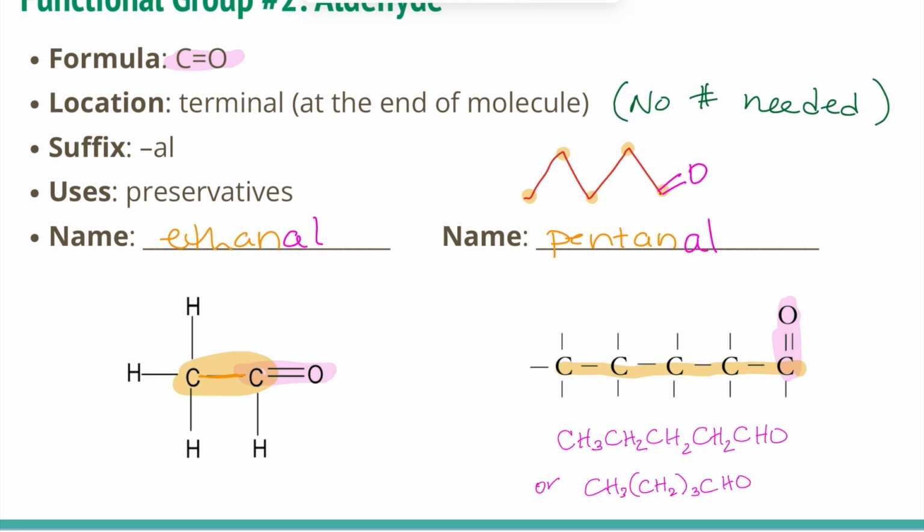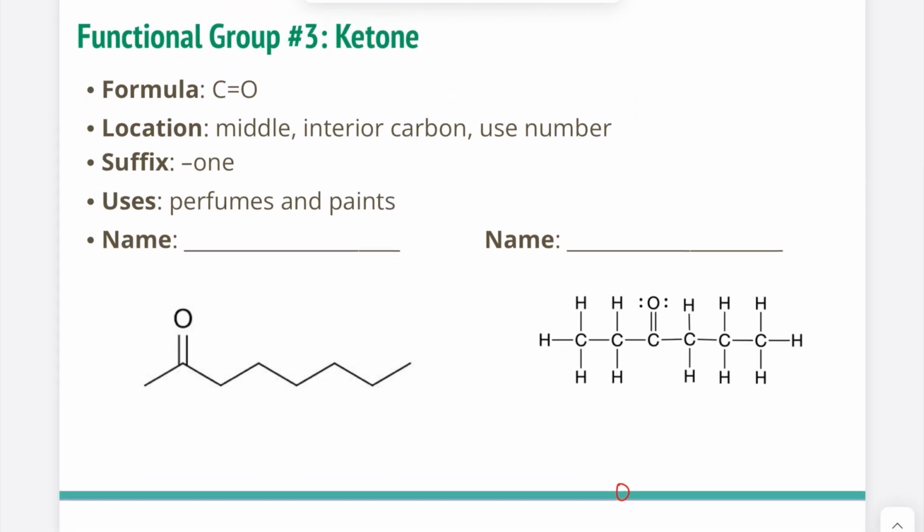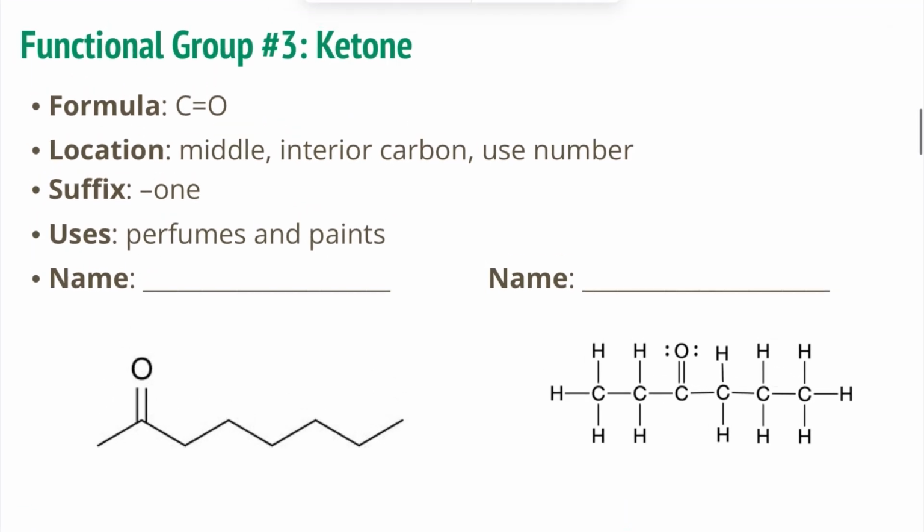condensed formula. All right, our next functional group is ketones. These are also an oxygen double bonded to a carbon, but it is in the middle or on an interior carbon. So we do need to use a number to indicate where in that chain our functional group is. With ketones, we are going to change the ending to an ONE ending. So perfumes and paints are things where we will see these ketone functional groups. Again, it's because that carbon oxygen, the oxygen's more electronegative, creating that dipole that's going to attract things with positive